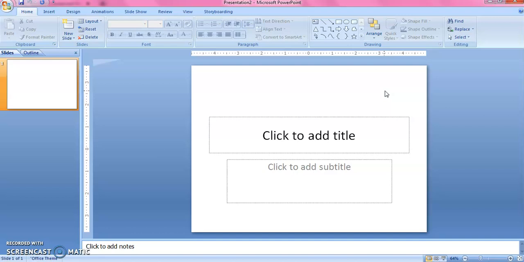And in this view, the more slides you add, all will appear with this white background and the two places to add the title and the subtitle. So blank presentation helps us to create a presentation of our own choice, using our own design, using our own color. But there are some more options in the new presentation dialog box. Let's see one by one.